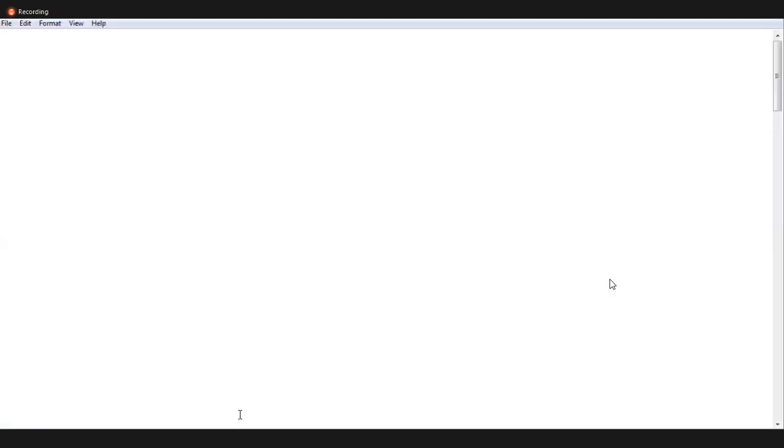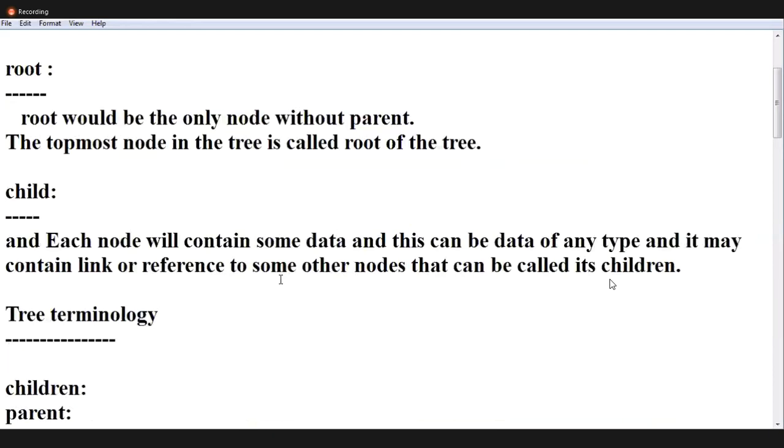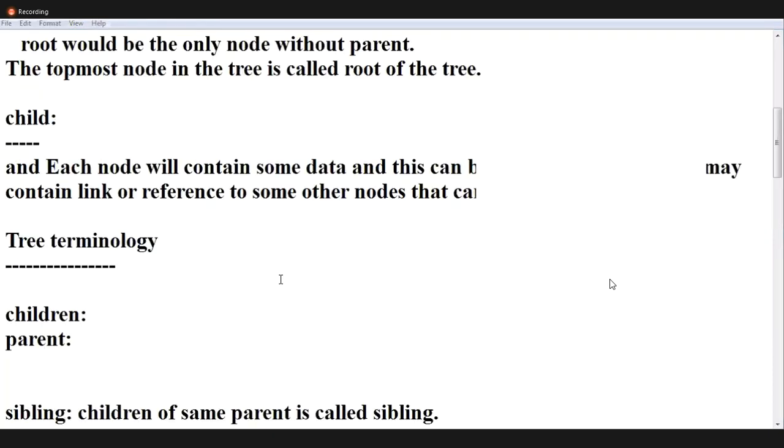Last class we discussed tree terminology and binary trees, and I gave some equations to draw the binary trees.